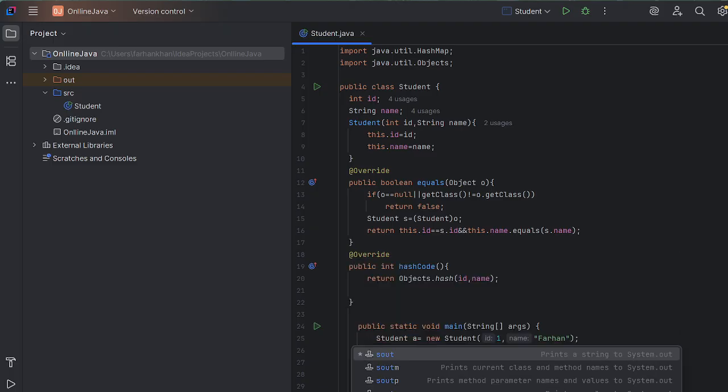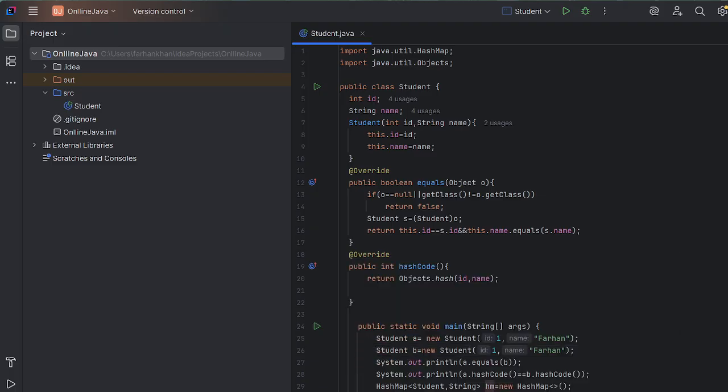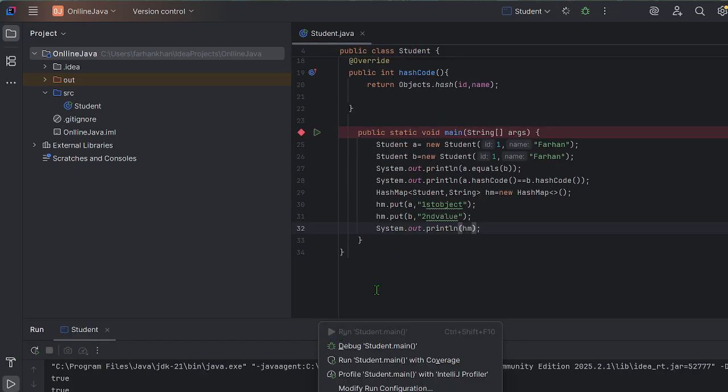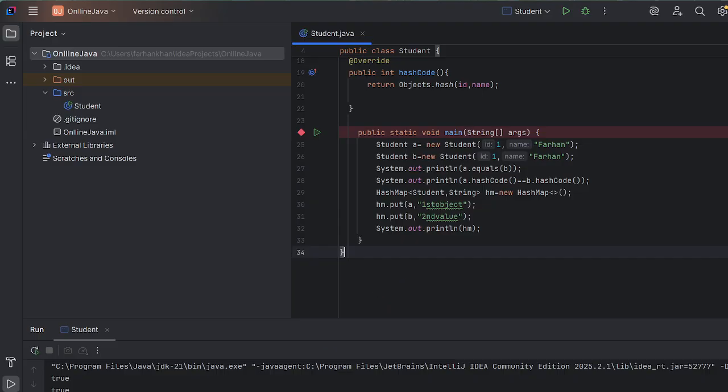So if we print the map, here you will see only the second object is stored. Why? Because it ignored the first object, because it found it a duplicate.